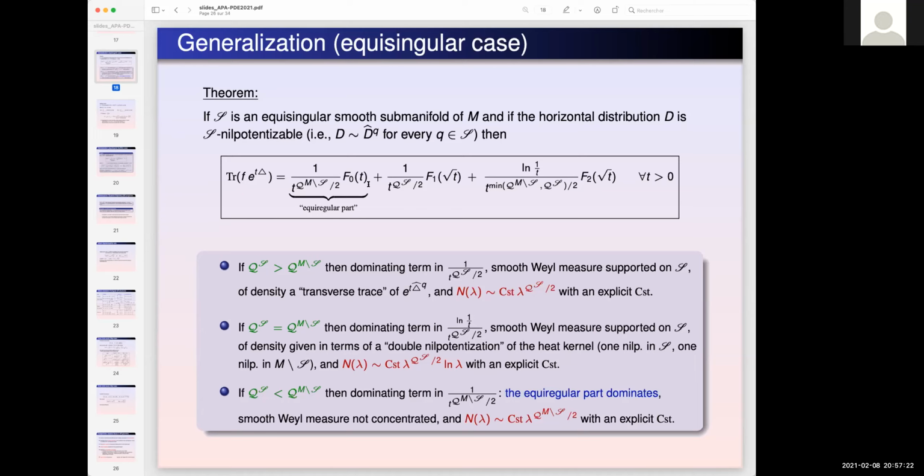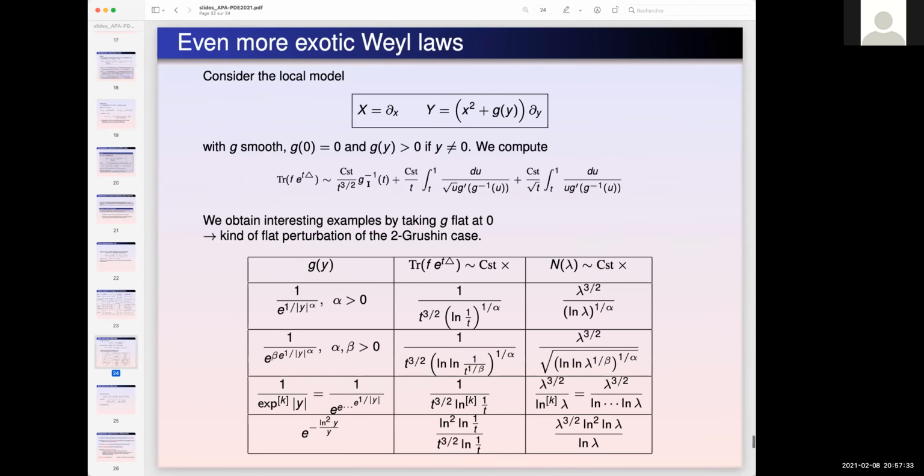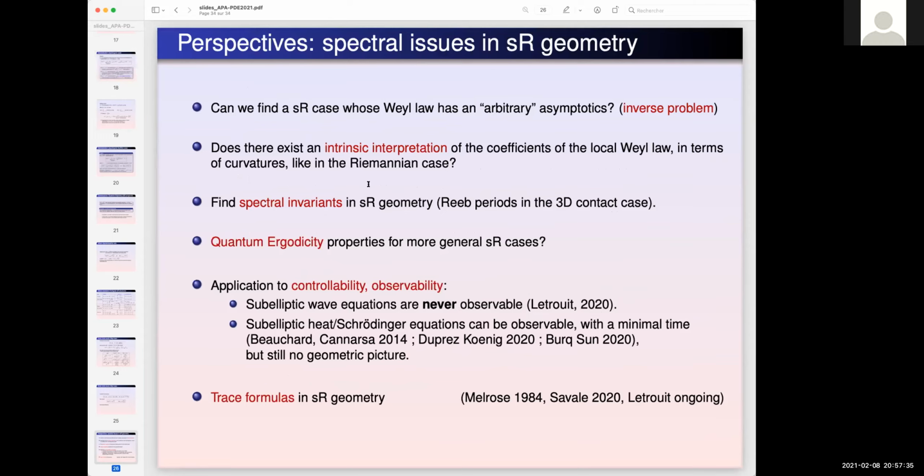Hi, I have a question about the last part of your talk where you give information about observability, so also controllability of the control system, yes? Are there any informations in this framework about the minimal energy of the control, which takes you to a given point?